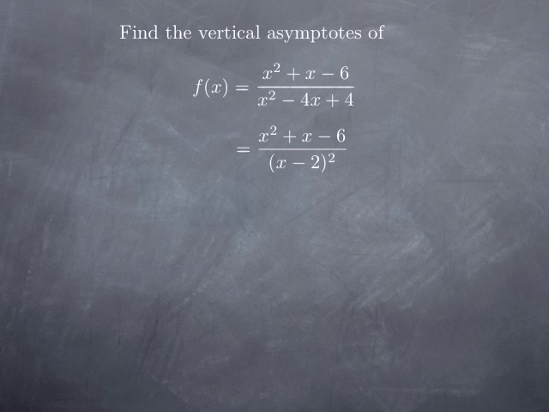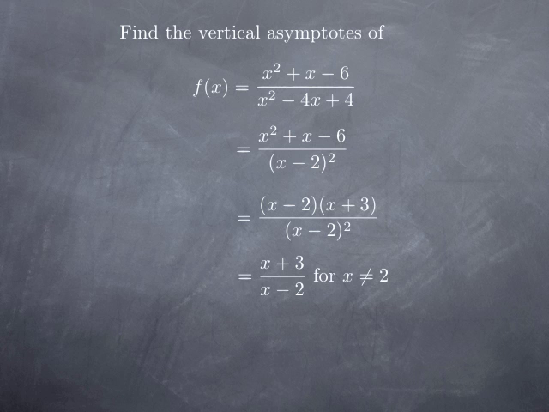Before we conclude that x equal 2 is not an asymptote, we need to really look at what happens in terms of limit at x equal 2. So the top is 0 at 2, that means I can factor it, and I know that one of the factors is going to be x minus 2. Here is what I obtain. And you see that after we cancel the common factor x minus 2, we obtain x plus 3 over x minus 2,